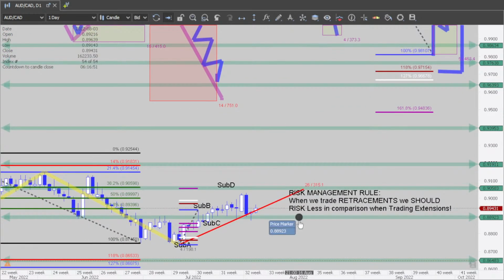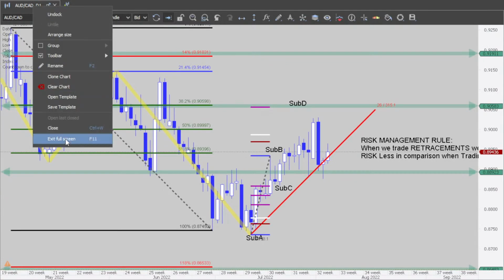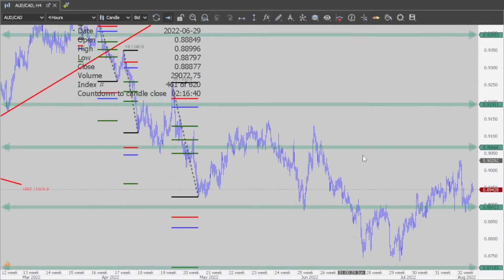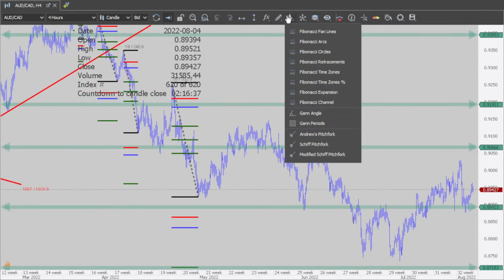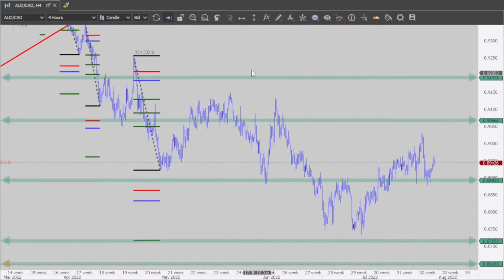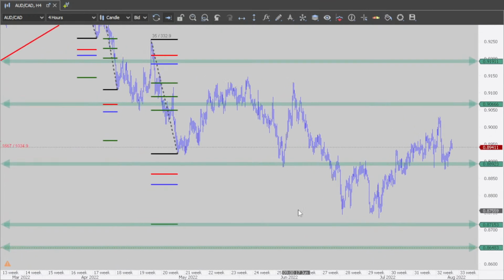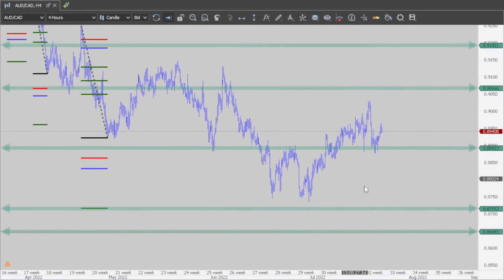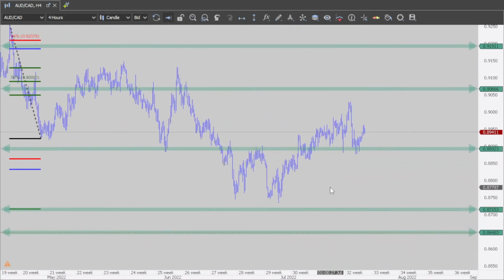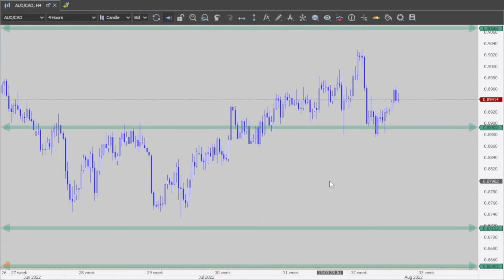In the meantime, we are going to go here, and if we would trade the retracement on the 4-hour chart, let's see how this would go. So we are now on the AUDCAD 4-hour chart. Somebody's typing, oh, Fibonacci is really cool. It is, right? Fibonacci tool, it's cool, right? So this is the original Fibonacci on the 4-hour chart, and if we would trade the retracement now very slowly,